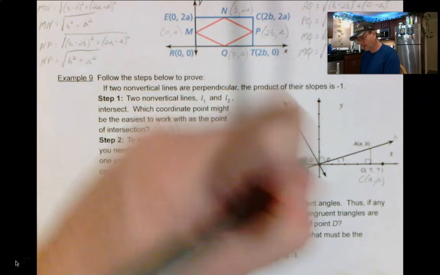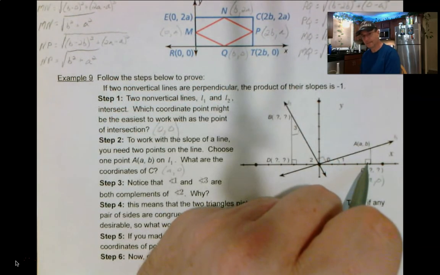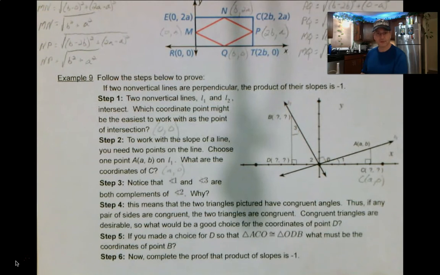We have a right angle here, and we have a right angle here. They're congruent to each other. All right angles are congruent. If we have any pair of congruent sides,